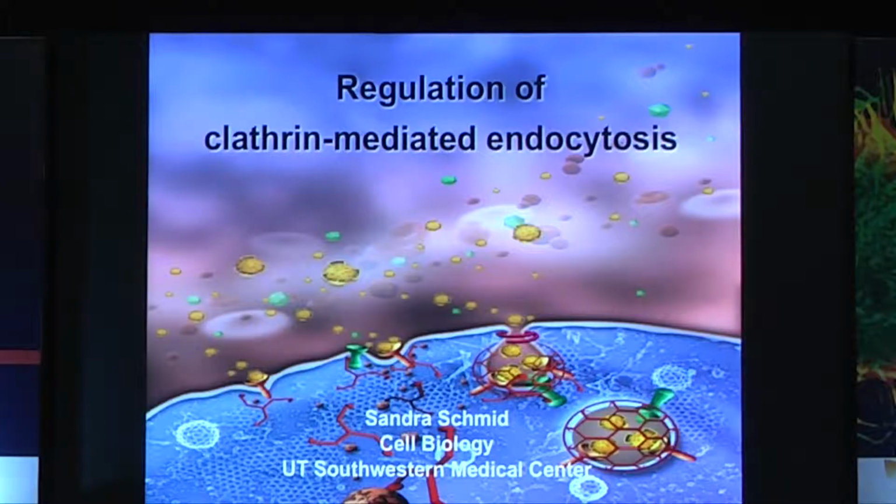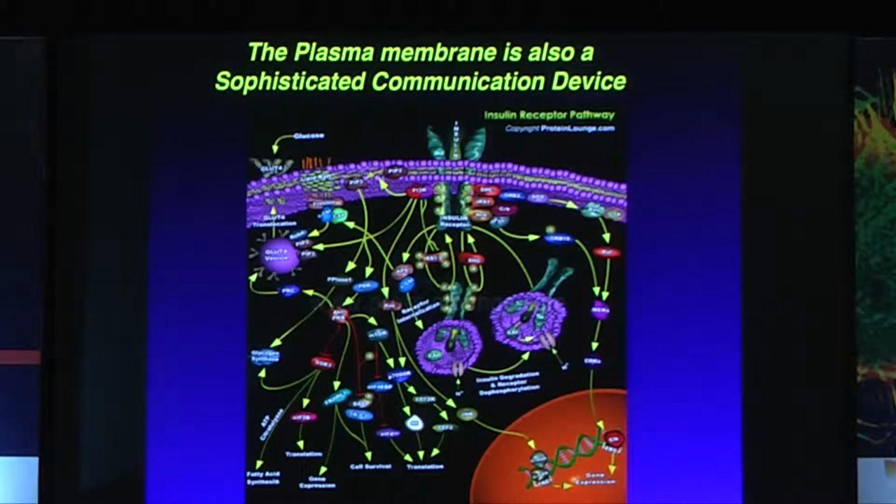So I want to tell you about the regulation of Clathrin-mediated endocytosis. And it's important because, as you know, the plasma membrane is a physical barrier that separates a very different milieu outside the cell from inside the cell. But it's also a sophisticated communication device. So cells talk to each other and they interact with their environment through the plasma membrane. And so